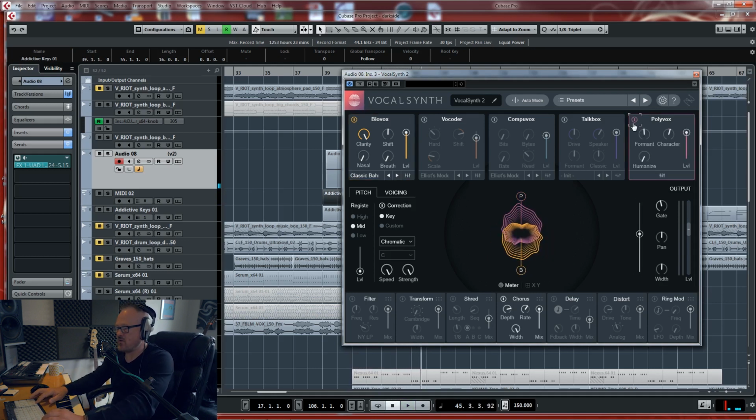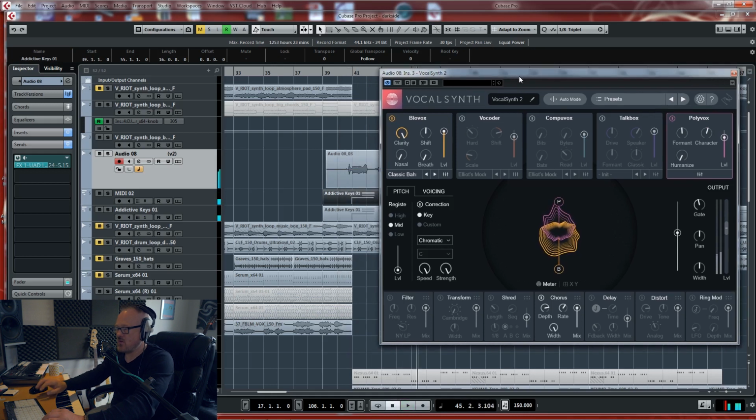Cool. So if we add PolyVox as well, you can alter the volumes of each engine. I'm liking this. I'm liking it not only for the obvious thing it's made for, but for those subtle things in productions that you can't really hear. It's the things that make people go, oh, how did they do that? I think it can do a lot of that.